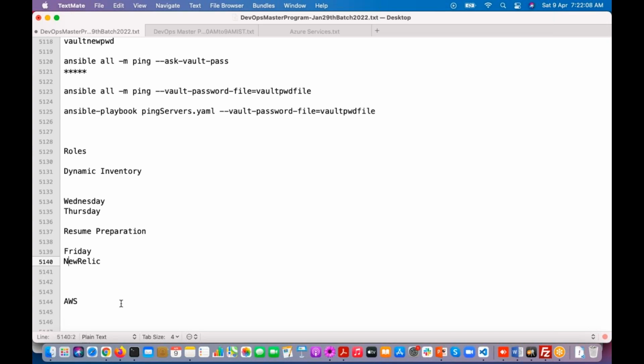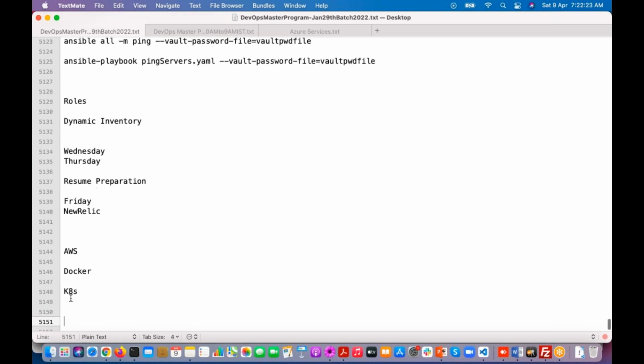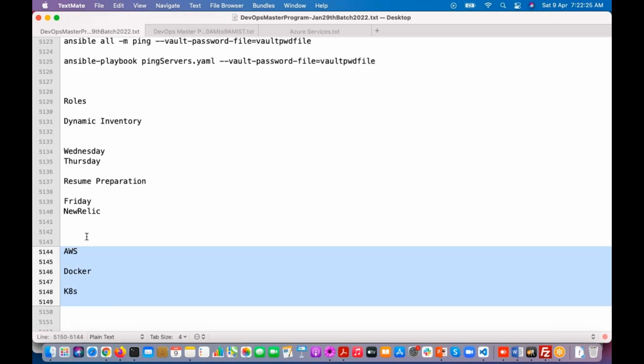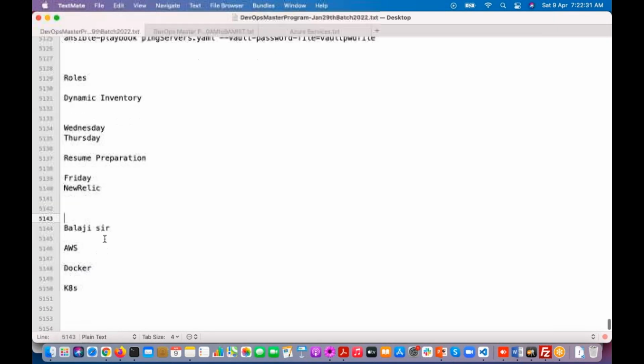We are going to teach in detail AWS, Docker, Kubernetes, all these things. No one is going to teach like this, guys. Okay. So AWS, Docker, and Kubernetes, we are going to call K8s. These topics are going to be covered by Bala sir. So you are going to see another trainer next week onwards,